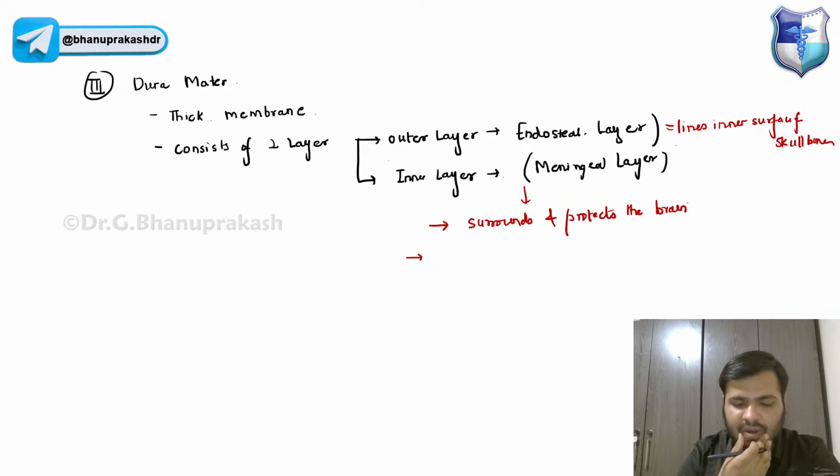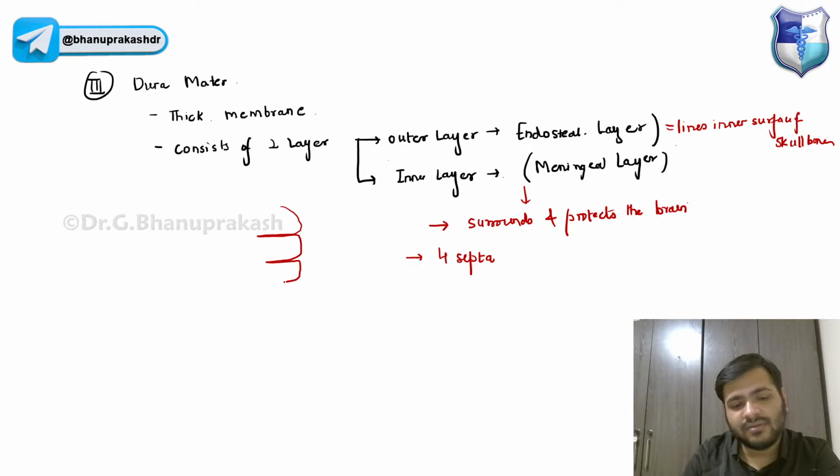It has four septa, guys. It sends the four septa which go inwards like this. So this is the meningeal layer, right? You already know the septa are the falx cerebri, falx cerebelli,